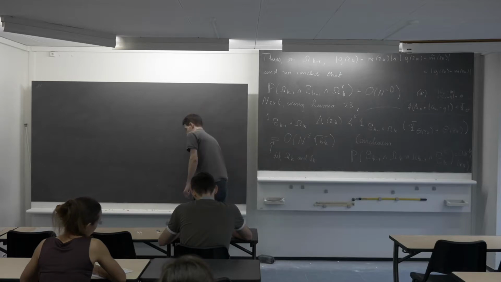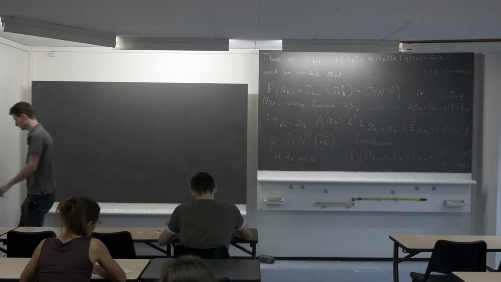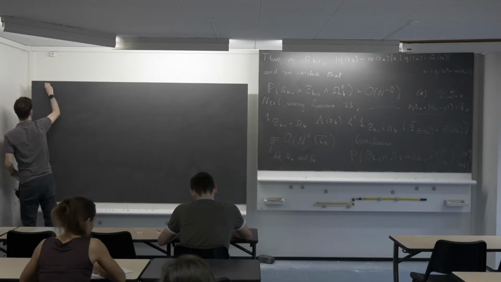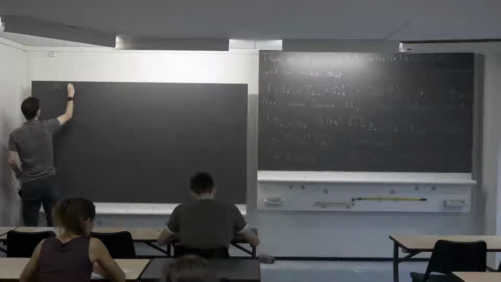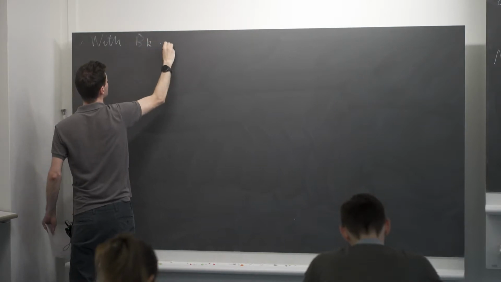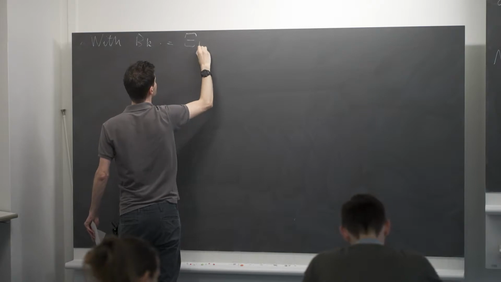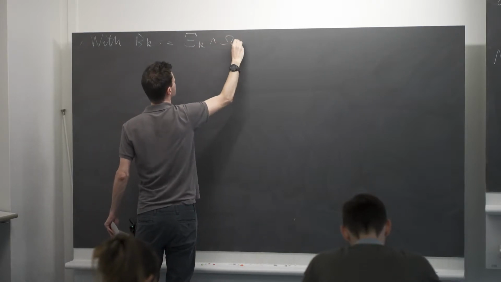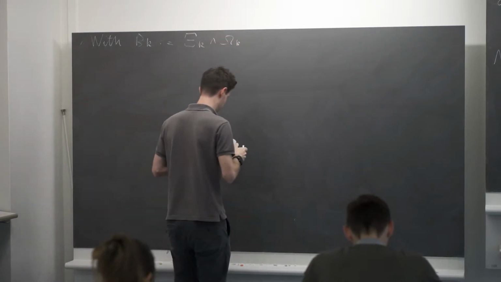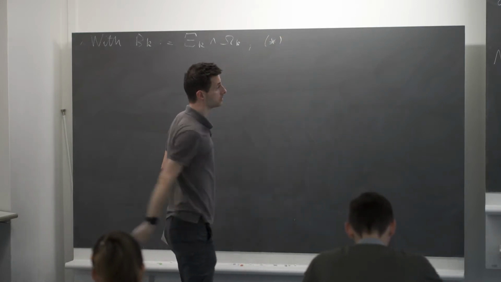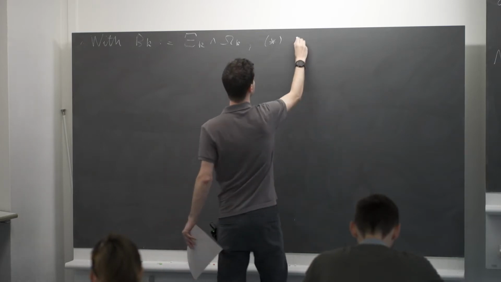It's maybe nice to give a name to the intersection of these two events. Let me call this event bk, which is the intersection of these events. So I have ck and omega k. So these two estimates that I have on my board, star and double star, they give, if you recall,